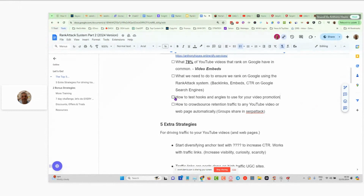Next, before you do any of that, it's important that we think ahead. I mentioned in the first webinar that when we are doing any SERP Attack or similar tools, CTR campaigns, it is only a kickstart. It can only ever be a kickstart. No software can keep up with real traffic volumes if you're going after keywords that have got reasonable search volume. You just can't. If you can kickstart your campaign with 20 to 50 CTR video views, for example, then